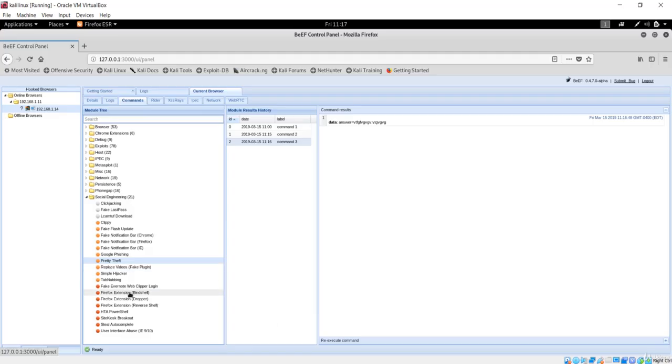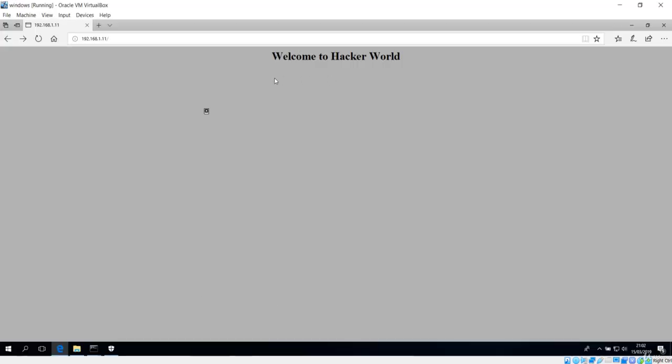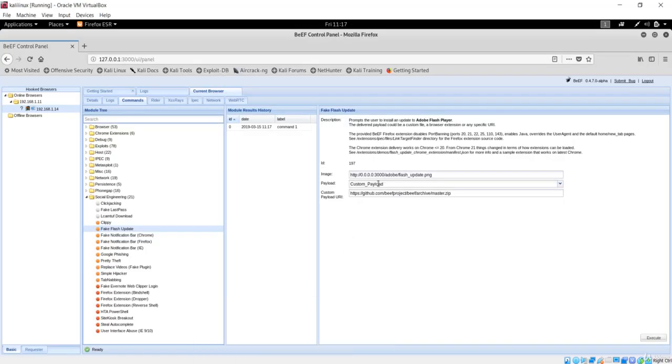You can also give some update information, like maybe this Flash update information. Let's execute it. Here you have this option of custom payload, so you can inject your payload over here, and this will run on the browser. Let's go over here and see, and it is not giving any information because it has this custom created update message.